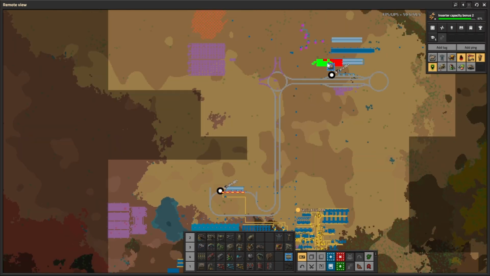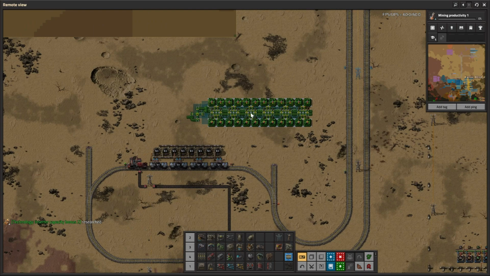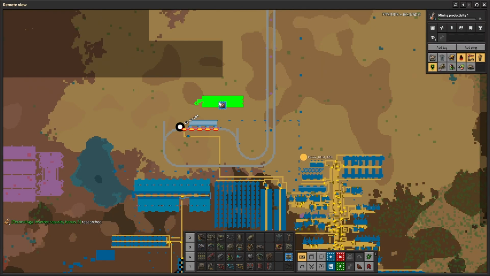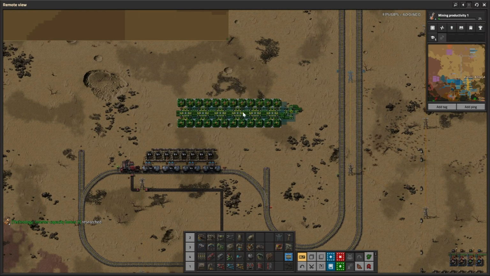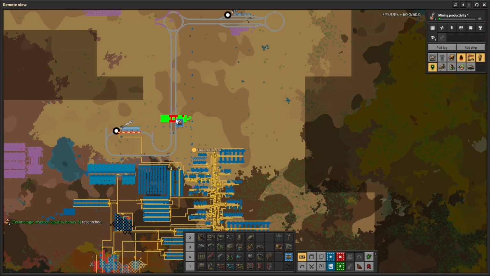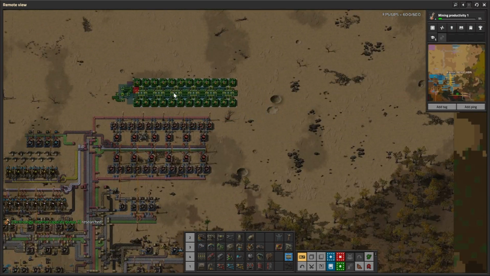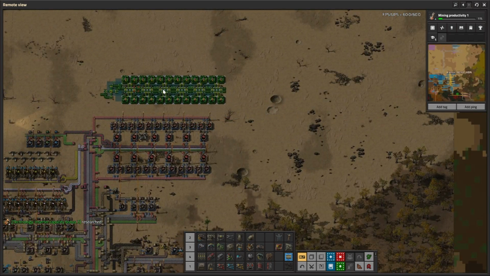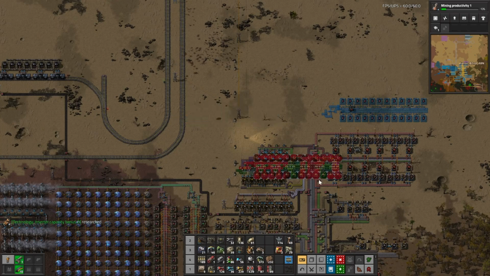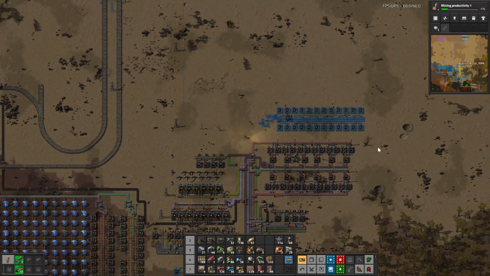Let's see. I think we'll probably put the railway station here for this stuff. Let's just go here, and we'll just put this bad boy. I don't necessarily want to put it there. I'm gonna put it over here. That is fine. We can do that. So we'll put it here, and then we can get ourselves all set up with what we need, and then